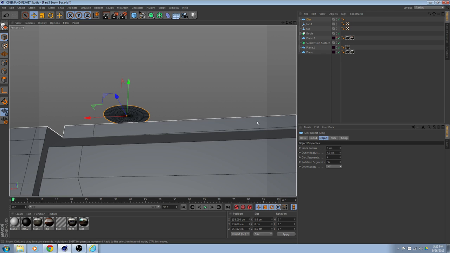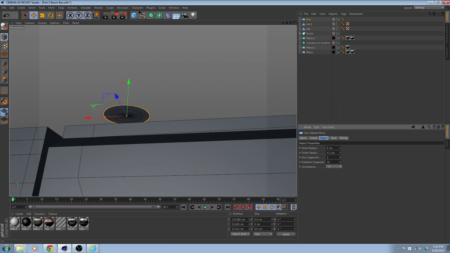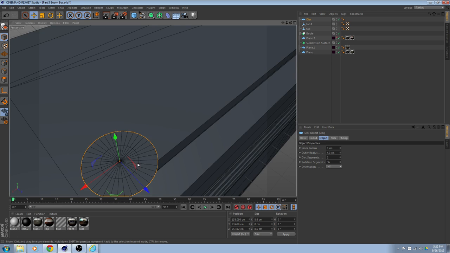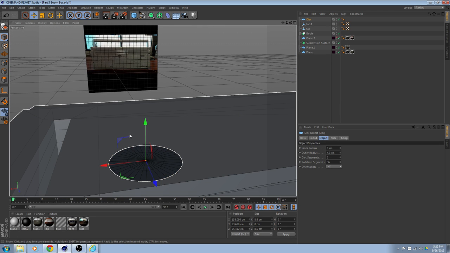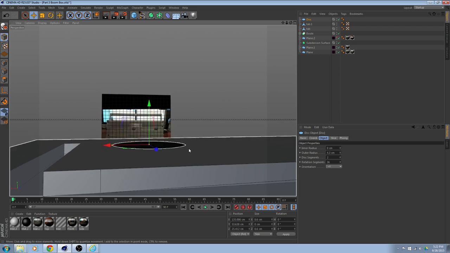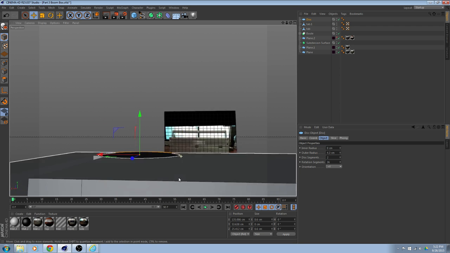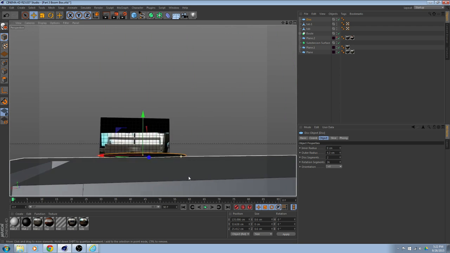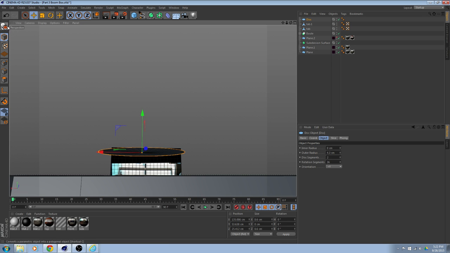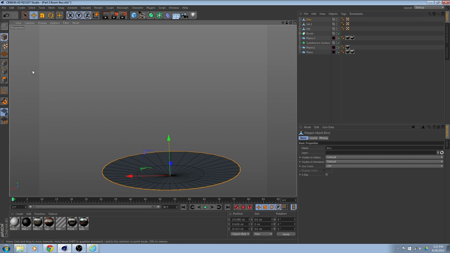Now what we can do is we can select, make it editable. Actually, let's reduce the disc segments. We'll add 1 because we'll use that middle disc to create the antenna piece. Alright. So we got that size done, and now what we're going to do is we're going to make it editable, and I'm going to select